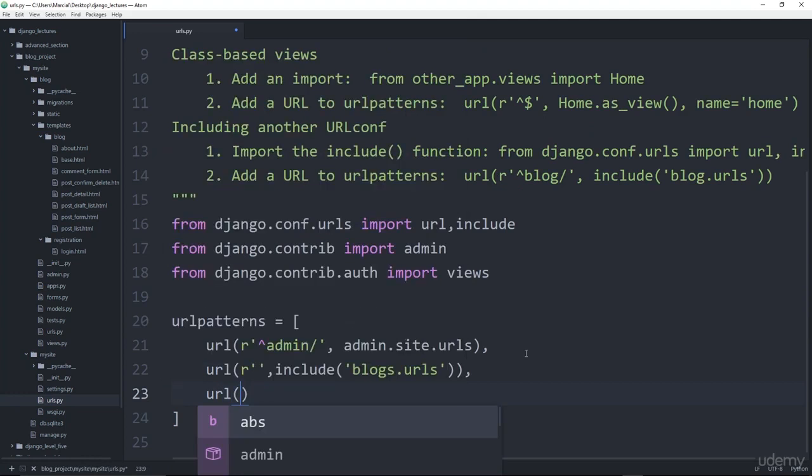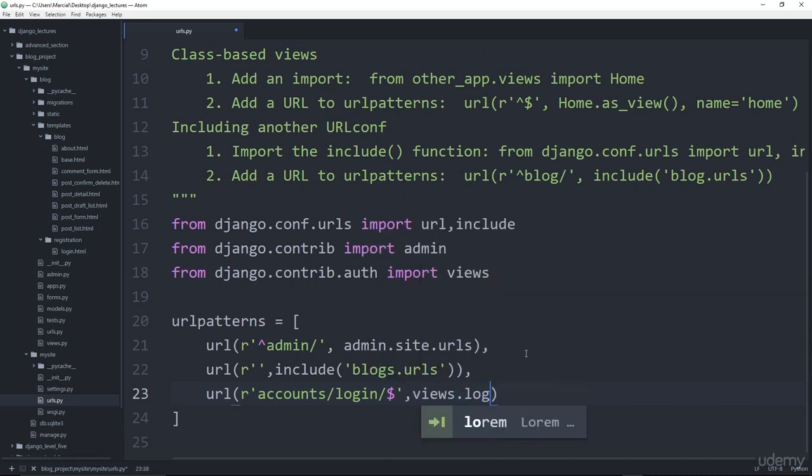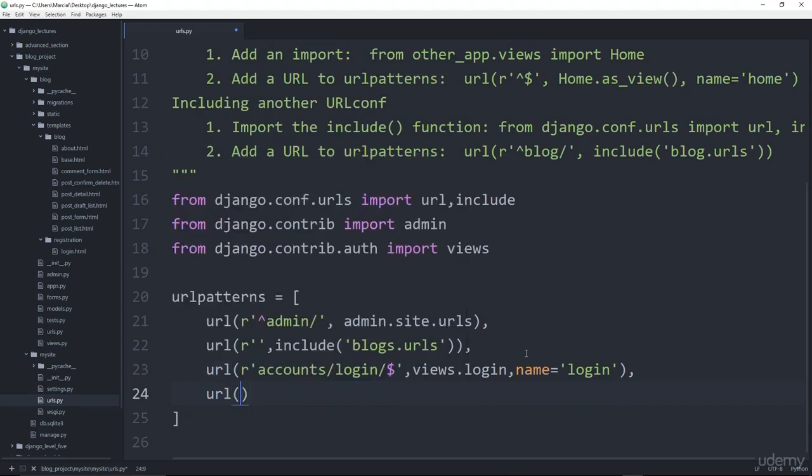I'm going to call url, and I'm going to create a domain /accounts/login. This can be our login page. And we're just going to call views.login and give it the name login. And then the next thing we're going to do is create our logout. So we'll say r accounts/logout$, and here we'll say views.logout, give it the name logout, and then give it some keyword arguments, or some kwargs,